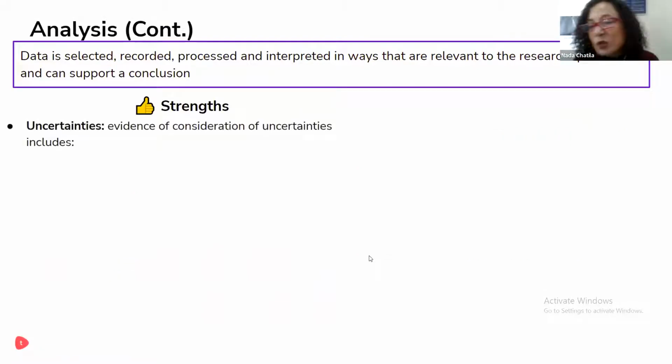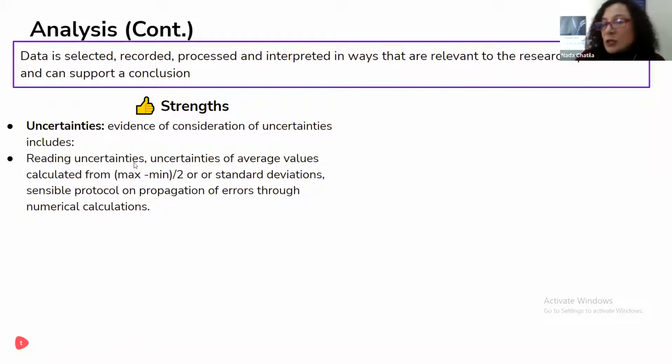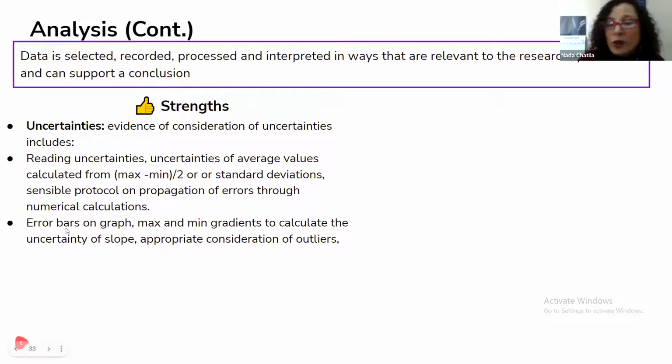With regards to the uncertainties, we look for the following evidences. Reading uncertainties or the raw uncertainties, uncertainties of the average values, whether using range divided by 2 or standard deviations, sensible protocol on propagating error through numerical calculations. We look for error bars on a graph, maximum and minimum gradients to calculate the slope and some uncertainty of the slope,